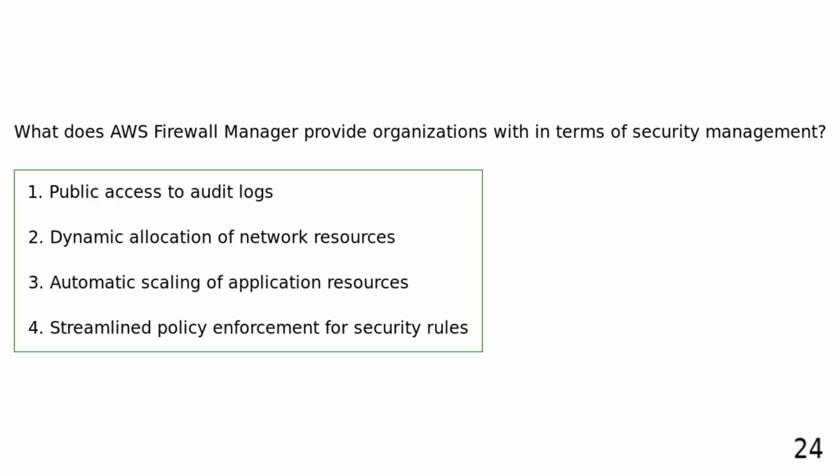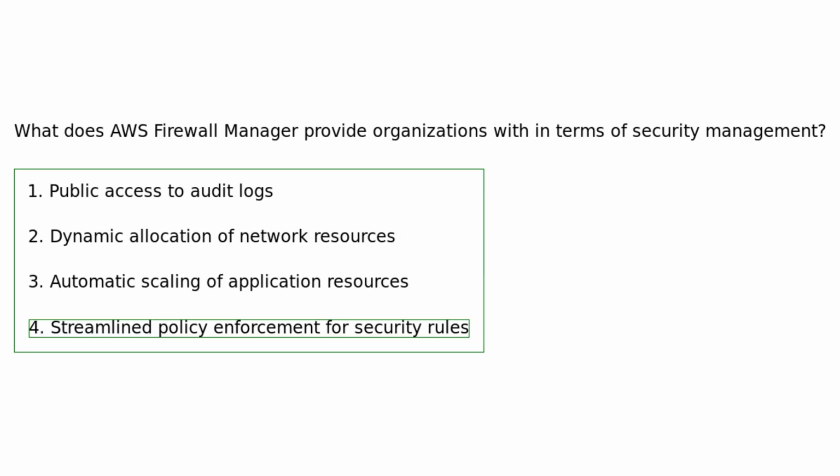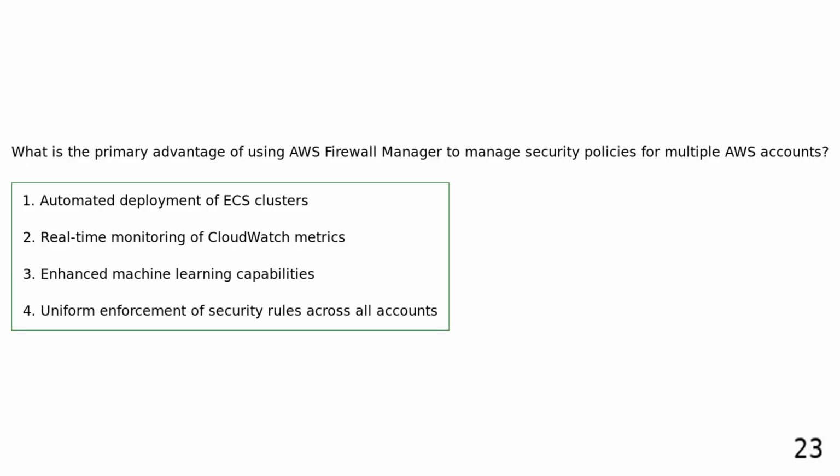What does AWS Firewall Manager provide organizations with in terms of security management? Public access to audit logs. Dynamic allocation of network resources. Automatic scaling of application resources. Streamlined policy enforcement for security rules. AWS Firewall Manager provides organizations with streamlined policy enforcement for security rules, ensuring that security measures are consistently applied and maintained across AWS resources. What is the primary advantage of using AWS Firewall Manager to manage security policies for multiple